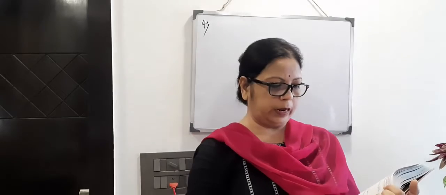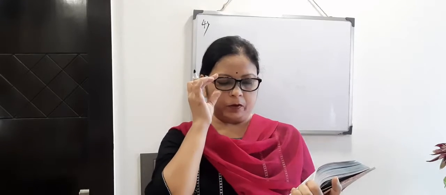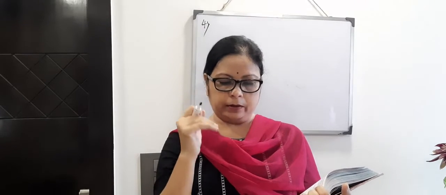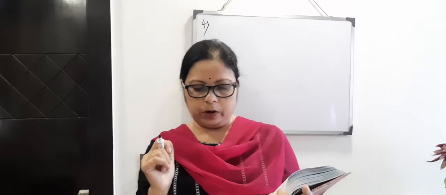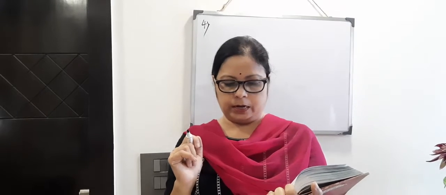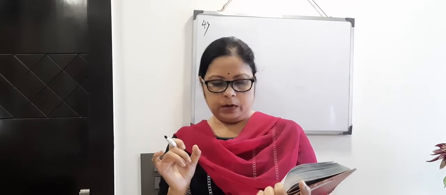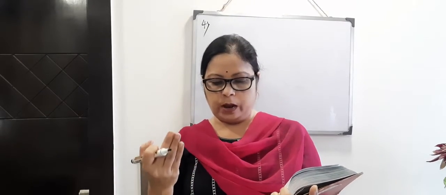If the ratio of the curved surface areas of a solid cone and solid right circular cylinder having same base radii and same height is 5:8, that means the ratio of curved surface area of cone and cylinder is given 5:8. Then calculate the ratio of their base radii and heights. Here it is told that radius and height of both cone and cylinder are same. So we'll consider let radius and height be r and h.